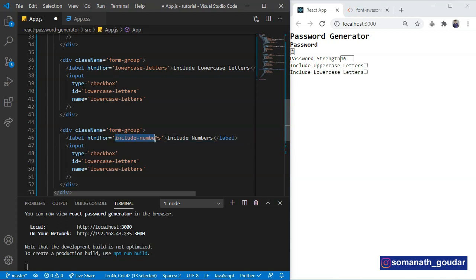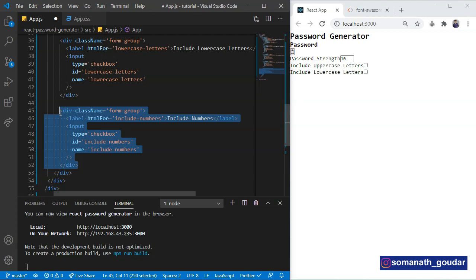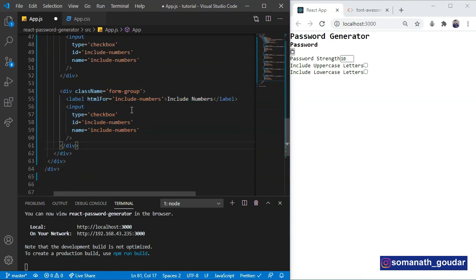Let's leave it like that, and it is going to have an ID of include numbers and name of include numbers. Let's copy this one last time for the input symbols. This is going to be for the symbols, include symbols, type of checkbox, and it is going to have an ID of include symbols and name of include symbols.